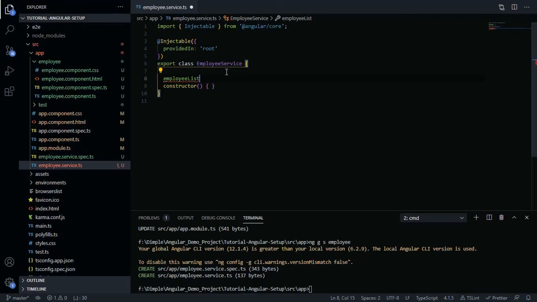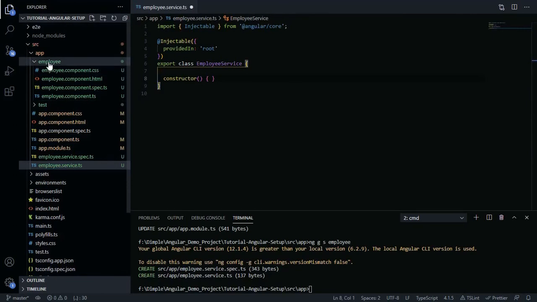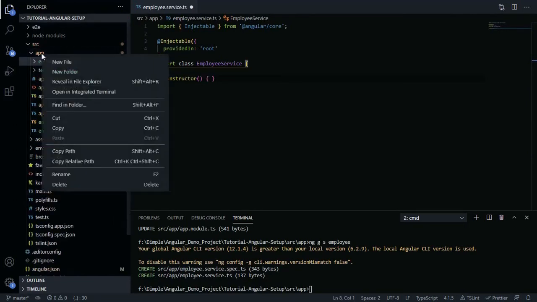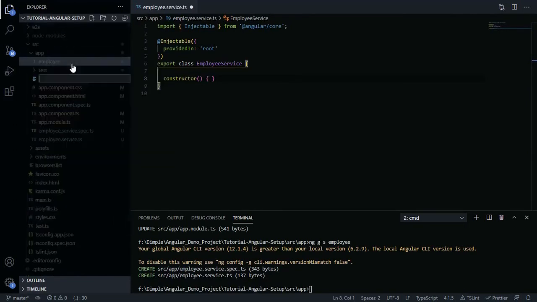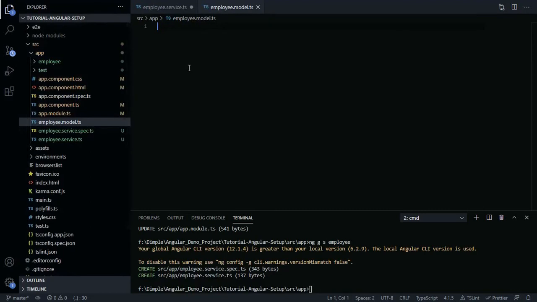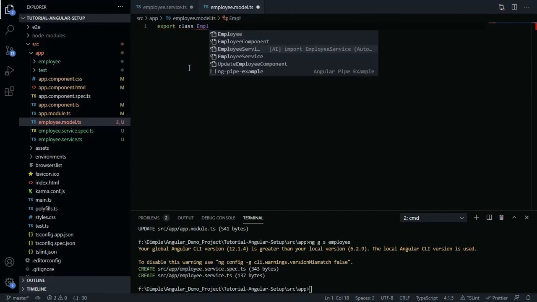So for that I need to provide the model. So let's create one employee model. For that I'll create employee.model.ts. Then here we'll create a class, Employee.